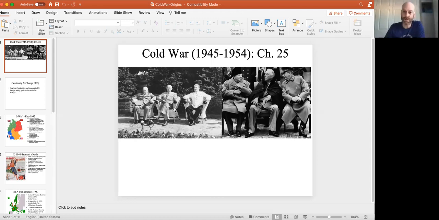We fought valiantly to regain this colony, and immediately upon reconquering it, the US set it free, which we've talked about a lot of negative things the US has done in this class, but life is complicated and nuanced. This is one of those circumstances, again, where we behaved very well, right on schedule. As soon as we reconquered the Philippines, we sort of guided it into independence, which is a wonderful thing to do.